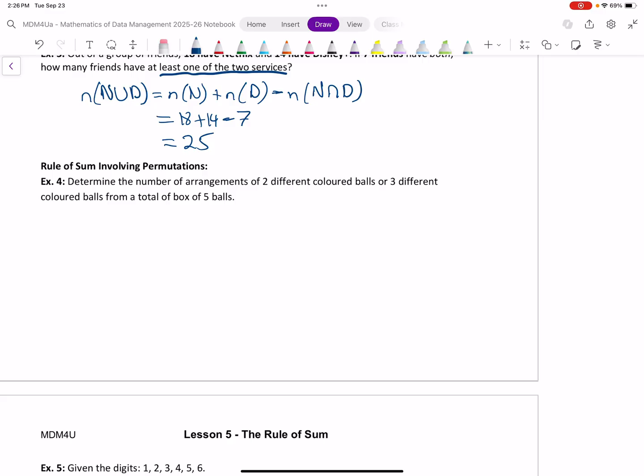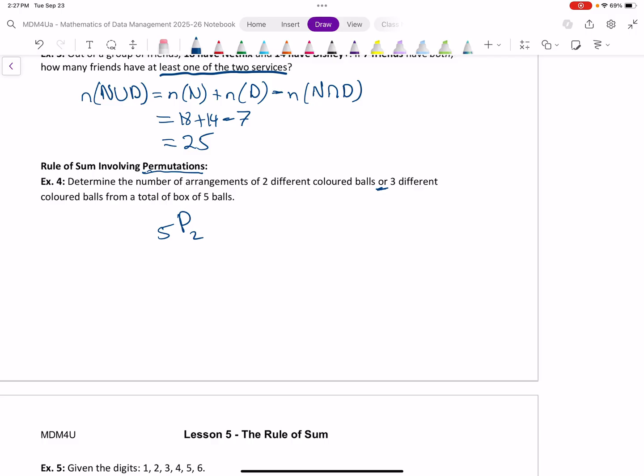This example, determine the number of arrangements of 2 different colored balls, or, again, keyword, 3 different colored balls from a total box of balls of 5. So if I just said to you, how many ways can you arrange 2 different color balls from a total of 5? You have more items than what you're actually going to use. We have 5 items, but we're only going to use 2 of them. This fits into a permutation. That's the definition of a permutation, more items, and you're going to choose some of them. So you could write this out as